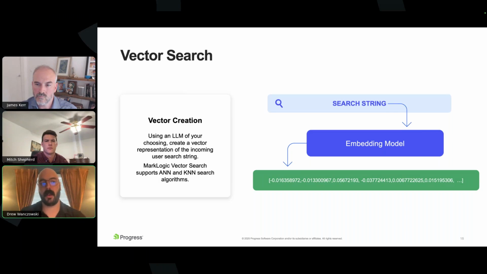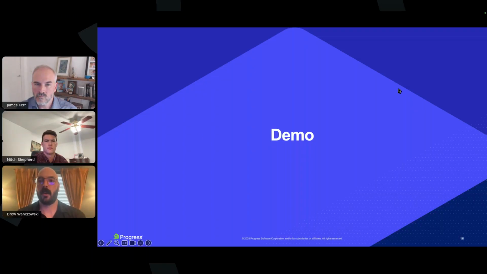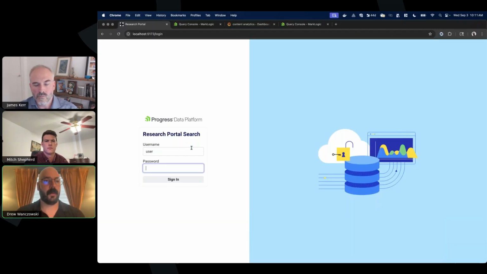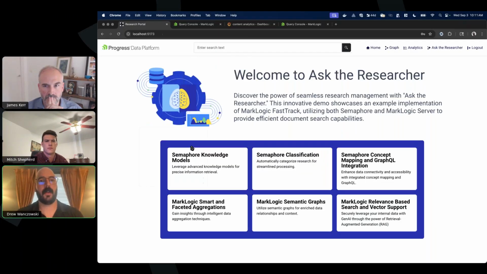So approximate nearest neighbor is one of the methods we're going to show in today's demo. So jumping over to the demo, we're going to show a few different use cases here. So the traditional lexical search,